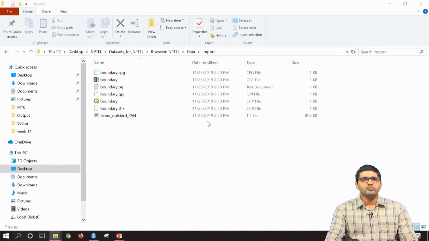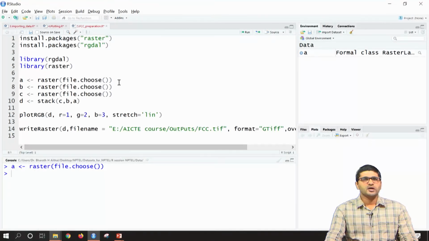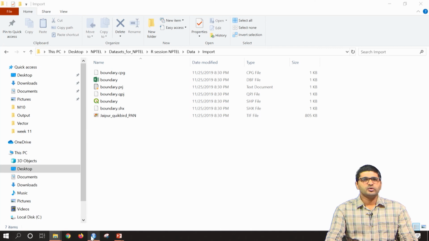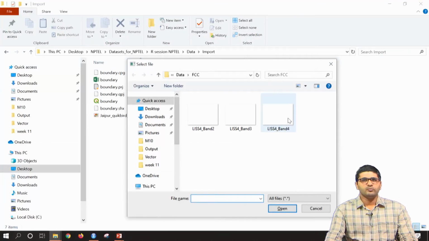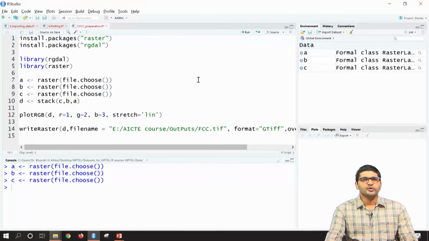I will import the green band first, then similarly the red band, and thirdly the near infrared band. So now we have 3 bands separately imported in our environment as A, B, C.